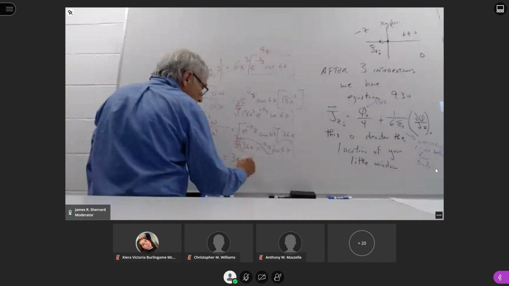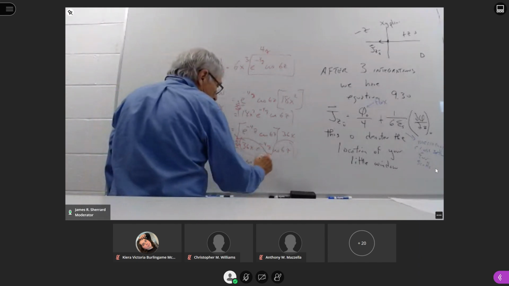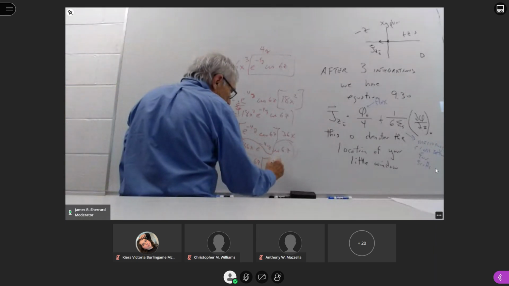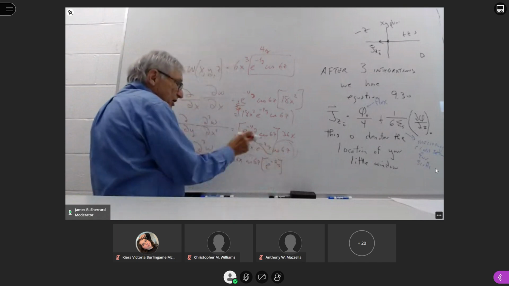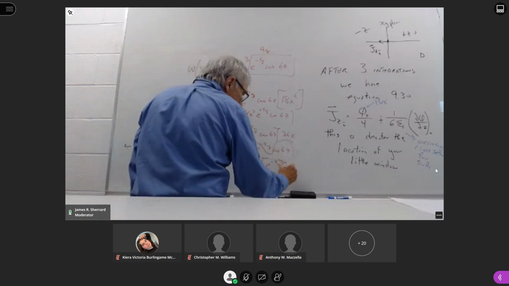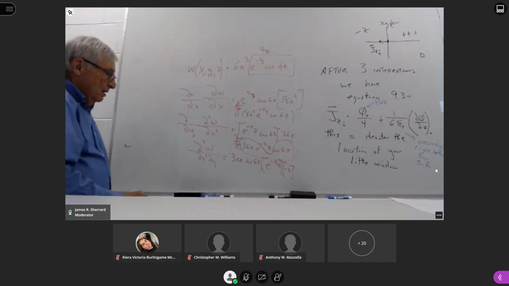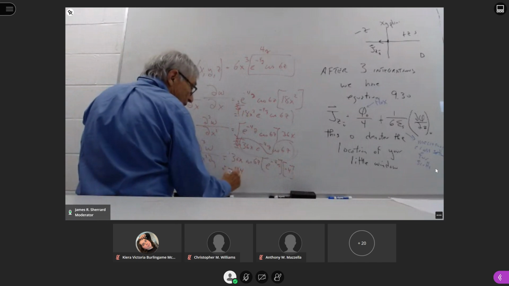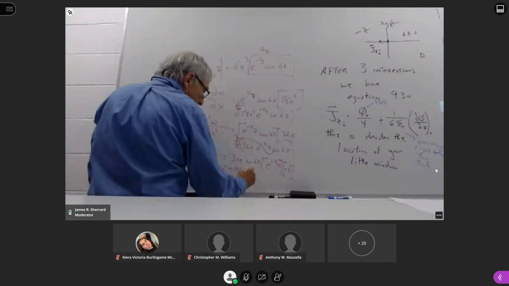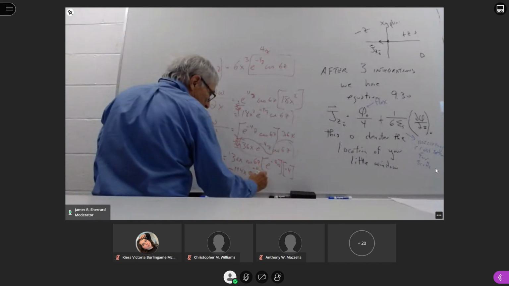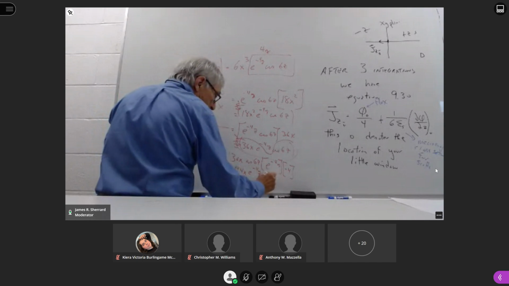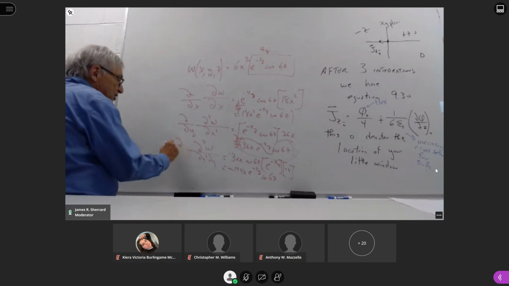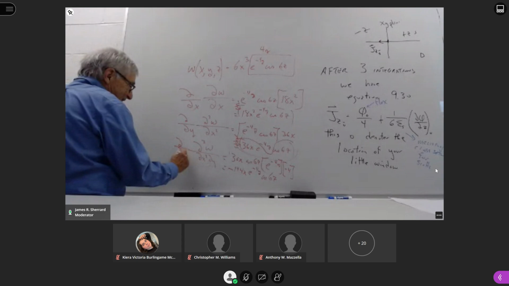36x cosine of 6z. Now we differentiate that, and if you remember how you do that, that's going to be the same thing, e to the minus 4y. And then you differentiate just what's in the top, which would be minus 4. So this then becomes minus 144x e to the minus 4y cosine of 6z. And you could keep on going as long as you wanted to. If you needed to do another one that was a function of z,